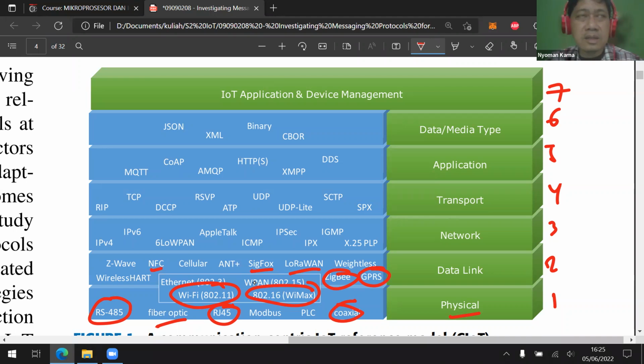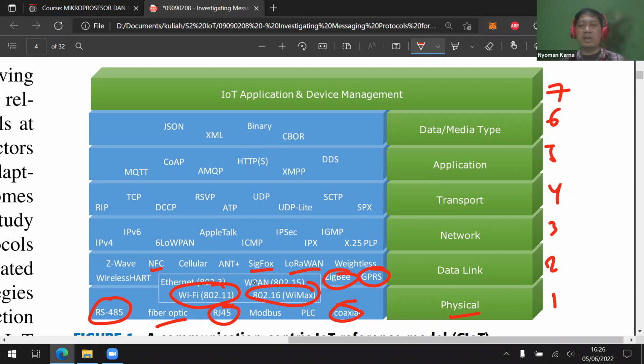NFC is also communication connectivity, because sometimes we can use RFID, and one implementation of RFID is NFC, near field communication, just like your e-money when you go through the highway toll. Okay, and after we can distinguish one device from another device, how can we send the data?